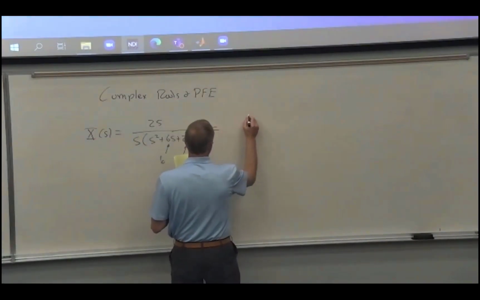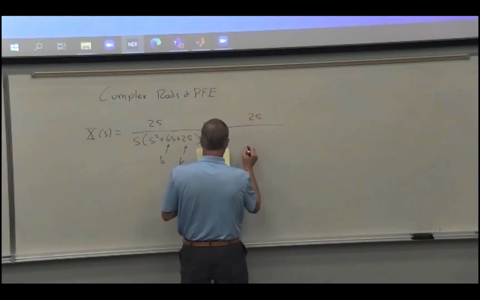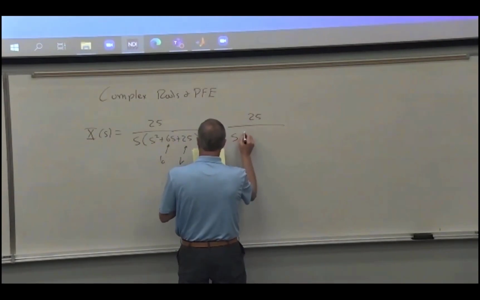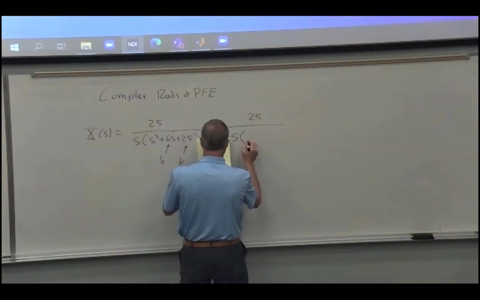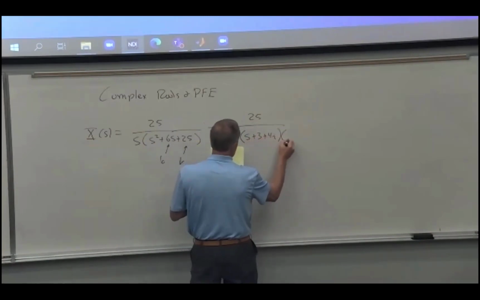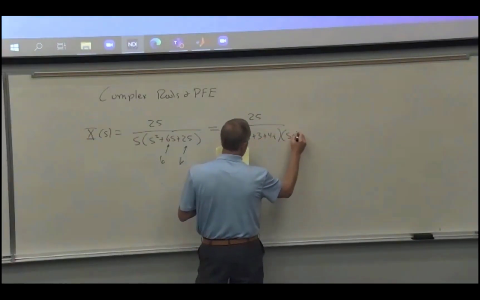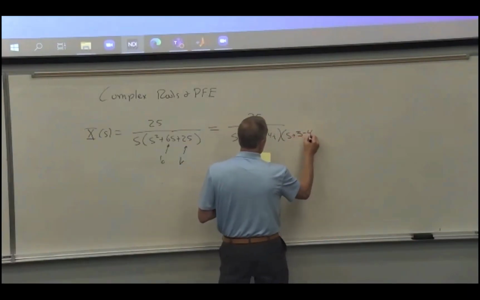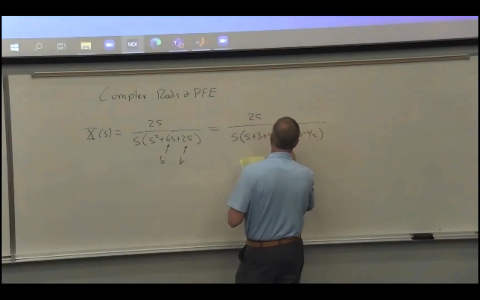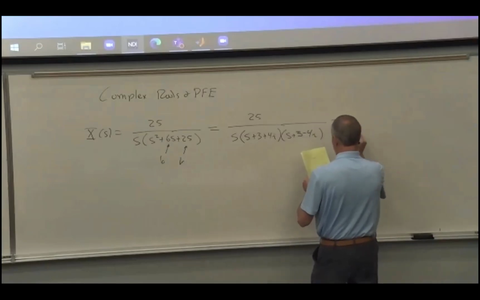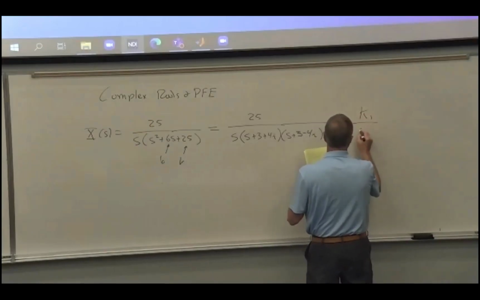So this thing is going to be S times (S plus 3 plus 4i) and (S plus 3 minus 4i). Those are the two roots. We're going to factor it into that thing, and we expand it,